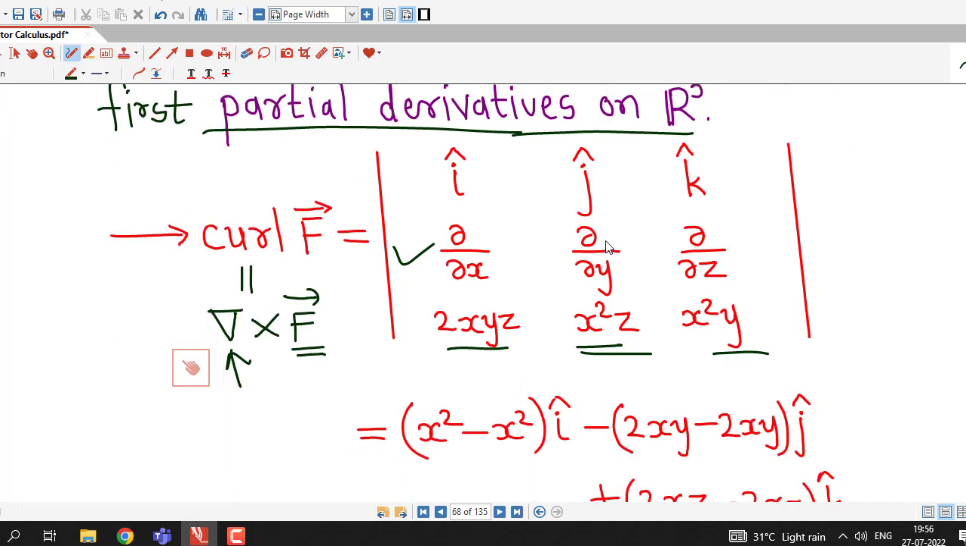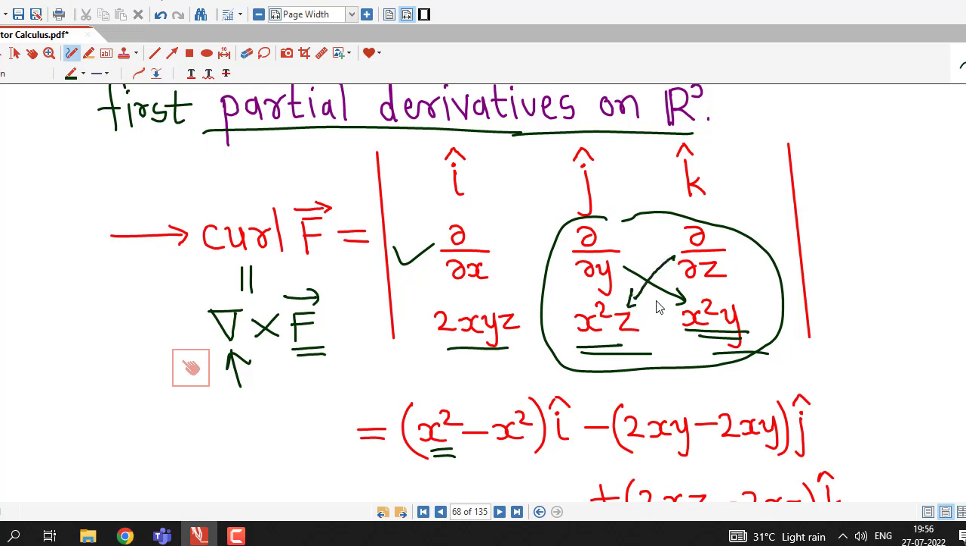First we consider determinant of this 2 by 2 matrix multiplied with vector i. So I have to differentiate x square y with respect to y. X square is constant, derivative of y is 1, so we have x square, minus derivative of this x square z with respect to z, which is x square. So here we have x square minus x square times i, then minus j into we have to consider this now,